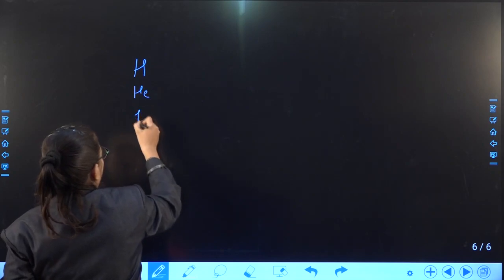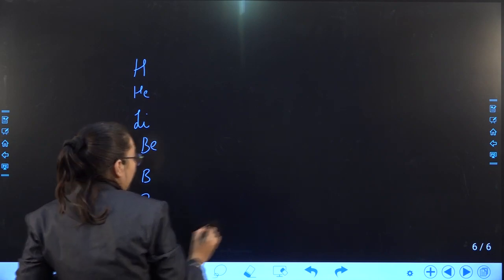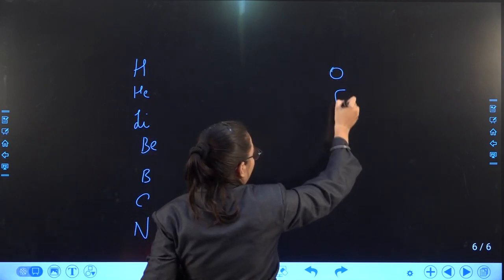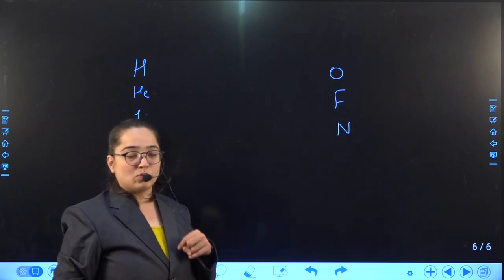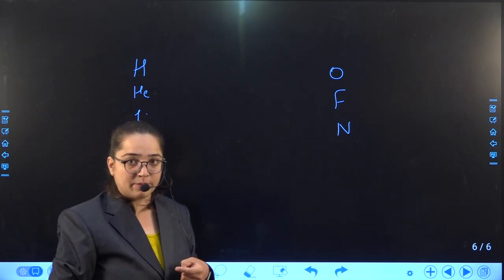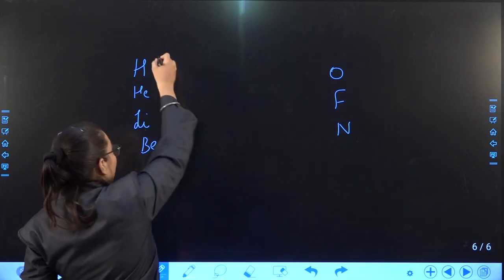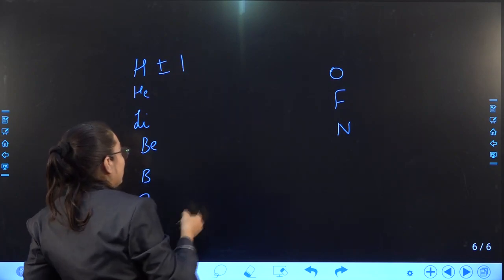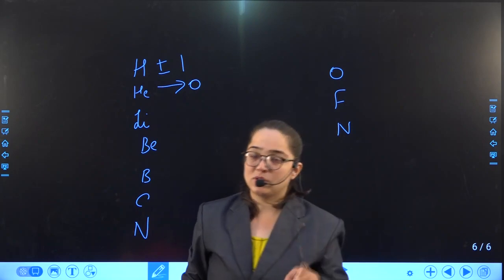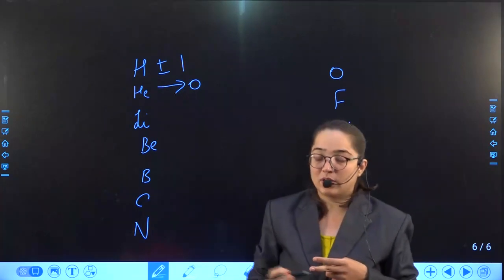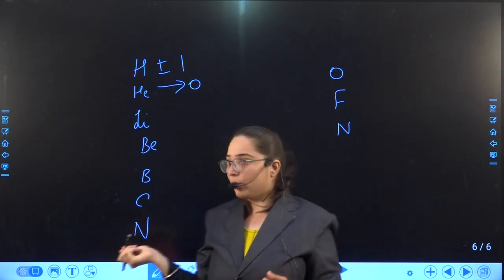hydrogen, helium, lithium, beryllium, boron, carbon, nitrogen, oxygen, fluorine, neon. We are talking only first 10. Hydrogen atomic number 1. So it is having 1 electron in its outermost orbit. To become stable, hydrogen will need just give or to take 1 electron. So its valency is plus or minus 1. Helium, it doesn't need any kind of electron. Its atomic number is 2. So in its first orbit it is having 2 electrons. Try to do everything in your brain. I am not going to put each and everything on the board.